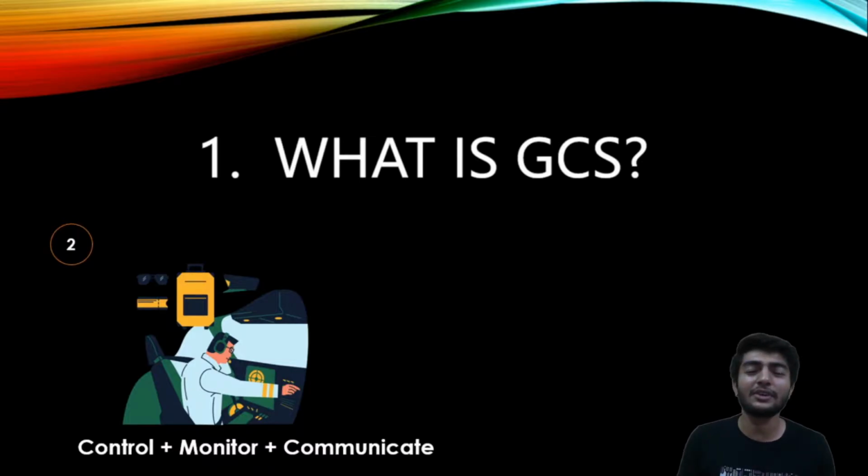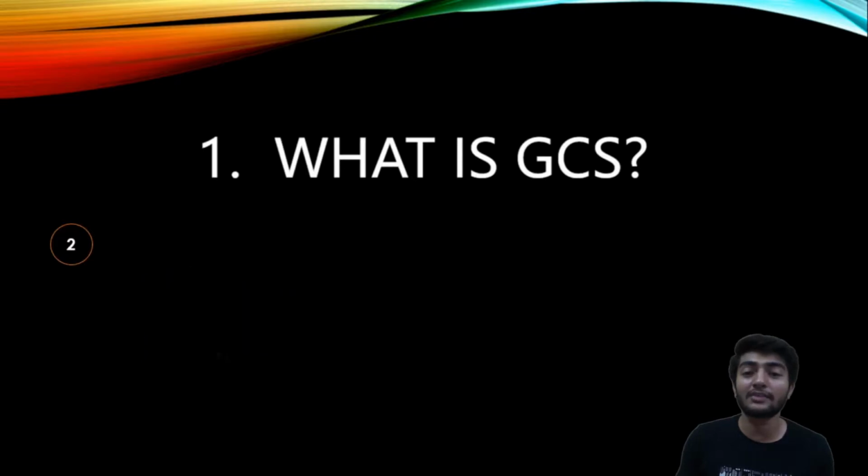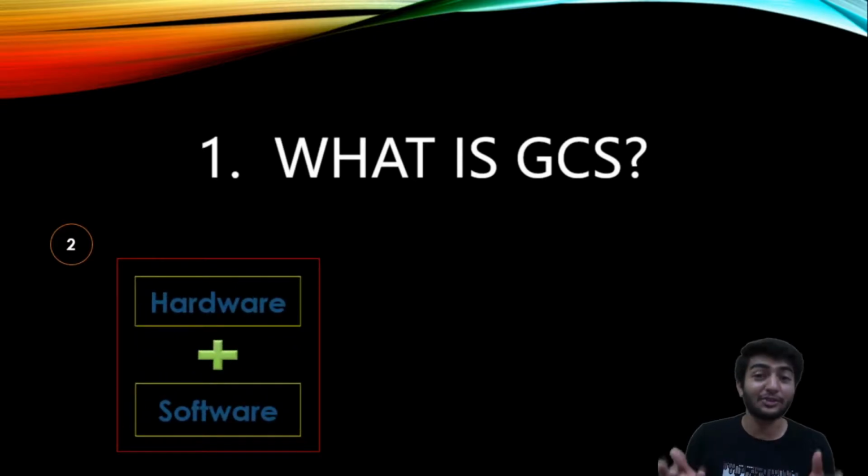As I told you about the drone system in the first video, and if you remember, ground control station is also one of the drone systems, and every drone system has hardware and software. But as you know, we are only interested in software, right? And that's what we are going to discuss. By the way, the hardware for ground control station can be your PC or mobile or tablet.